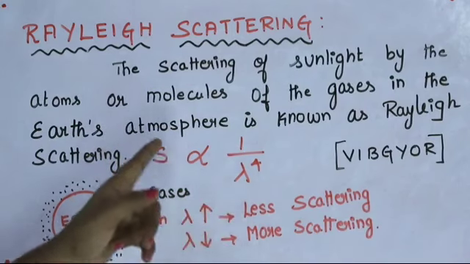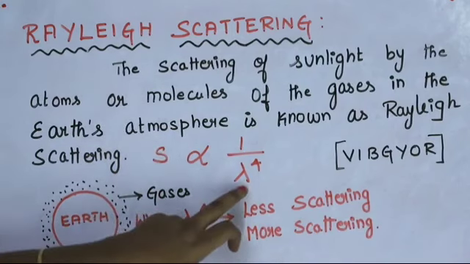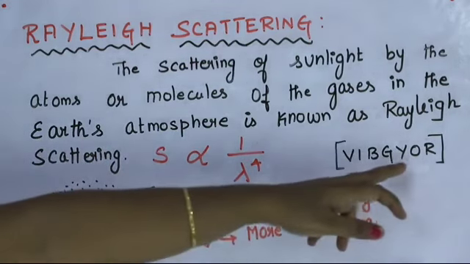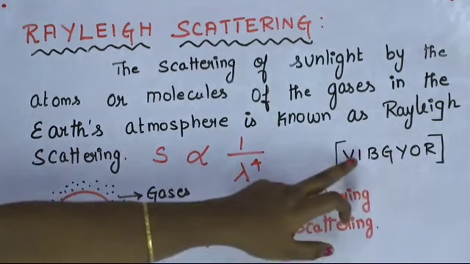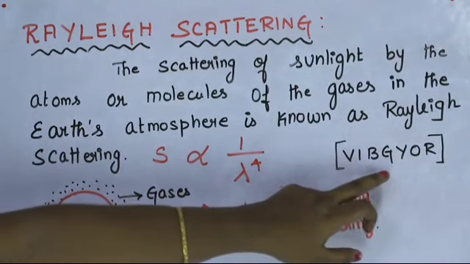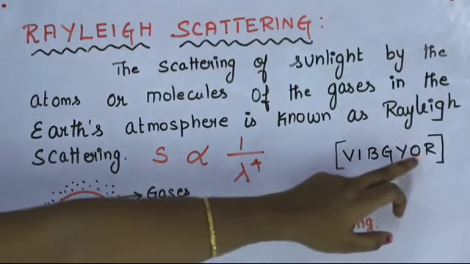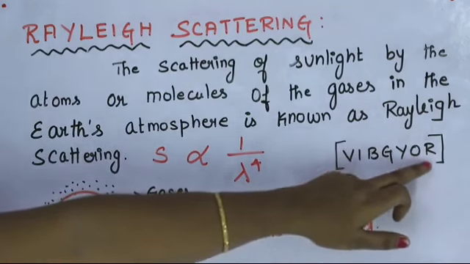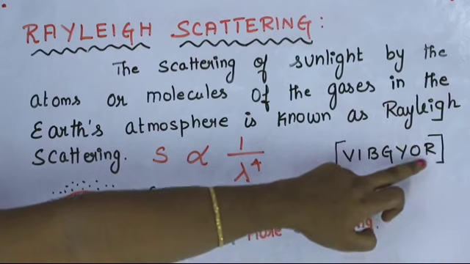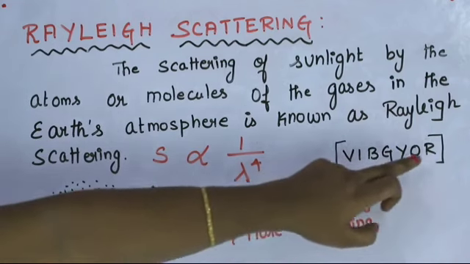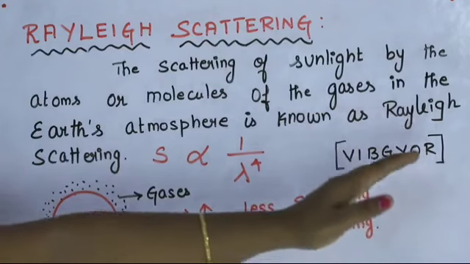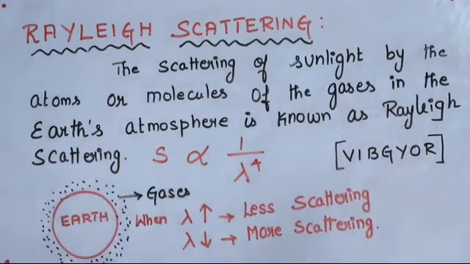Okay. Next, the sunrise and sunset. The light rays from the sun have to travel a larger distance in the atmosphere than at noon. Hence, most of the blue light is scattered away and only the red light, which gets least scattered, reaches us. Therefore, the color of the sun is red at sunrise and sunset.